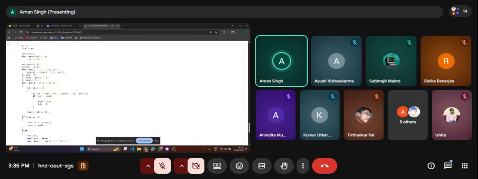We can calculate the sum of these from the prefix sum vector, and this will give the sum from the I plus 1th element to the n minus 1th element, as we are subtracting pre of I from pre of n minus 1. So all the numbers from 0 to the ith element will be cancelled out, and it will give the sum from the I plus 1th element to the n minus 1th element. So this is what we can make if this is the last index at which we use the operation, and if this current value is greater than maximum, we store it in maximum